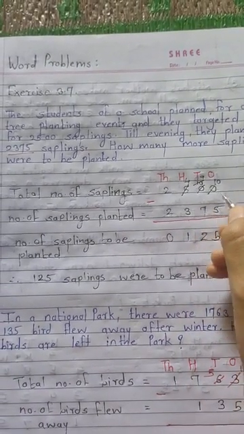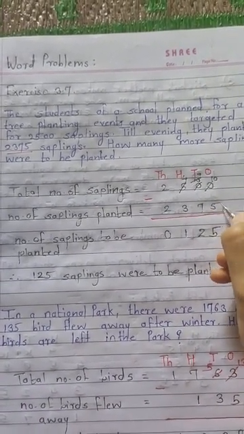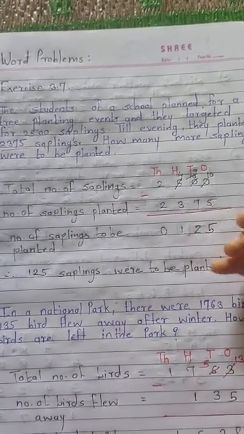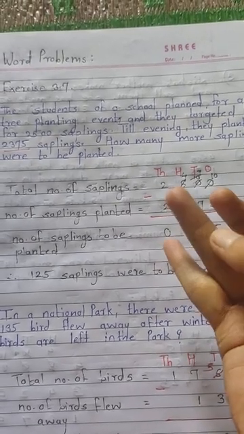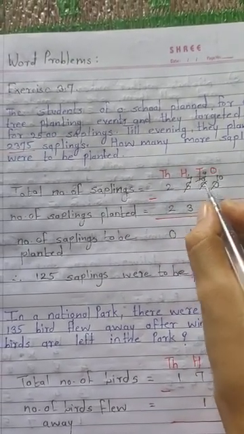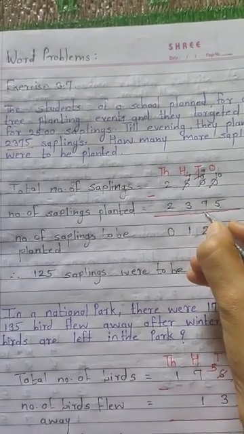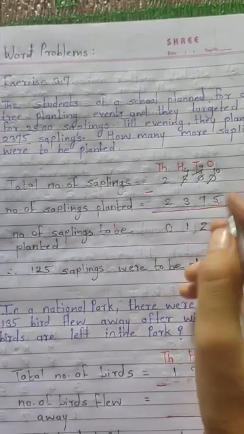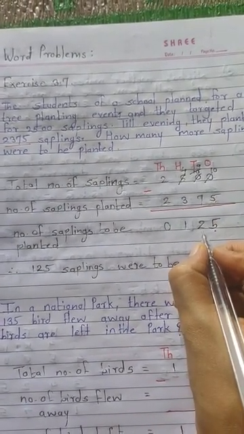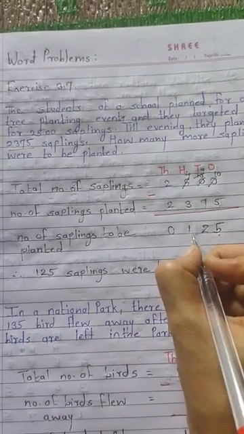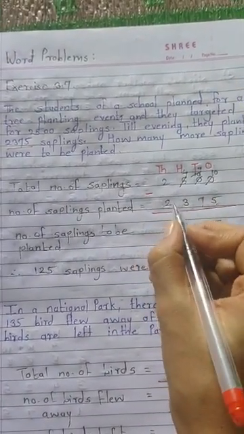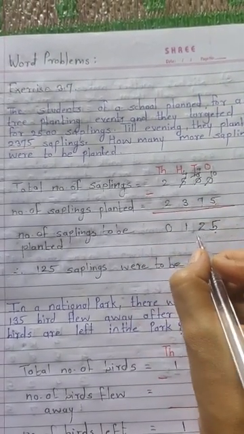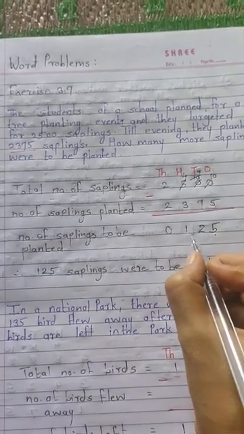So now this 10, now the first number is bigger than the second one. Yes, so subtraction will be possible. So count after 5 up to 10. After 5: 6, 7, 8, 9, 10. How many? 5. So the answer is 5. 9 minus 7. The first number is bigger than the second. Yes, so subtraction will be possible. After 7: 8, 9. 2, so I have written over here 2. Now 4 minus 3, how many? 1. And 2 minus 2, if the same number is subtracted, the answer will be 0, that we have seen in the property. So how many saplings remain to be planted?